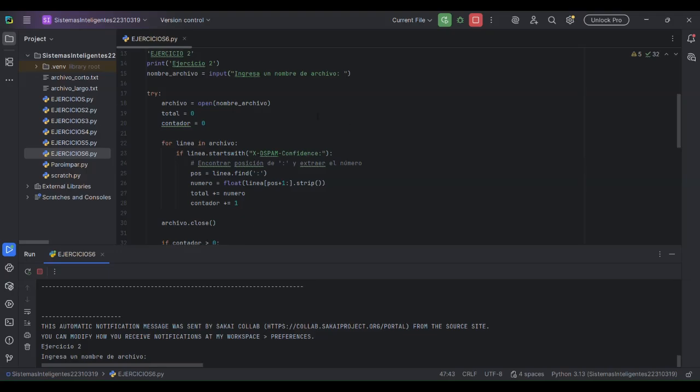If a line starts with X-DSPAM-Confidence, find the number after the colon. Convert that number into a floating point value. Add it to a total and count how many of these lines were found. At the end, divide the total by the count to get the average value. Finally, print the result. So, for example, when I run the program with